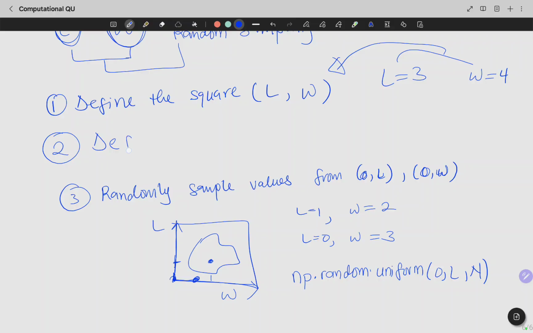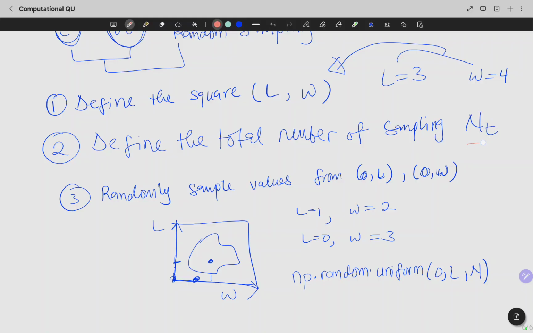So define the total number of sampling nt. So now you see we have nt, we already have as,